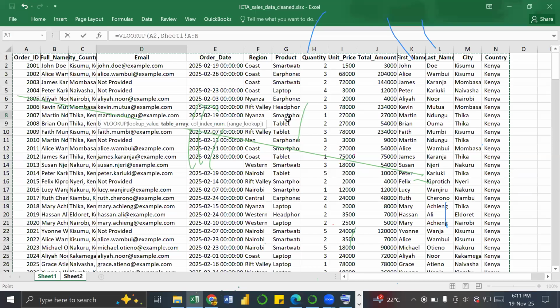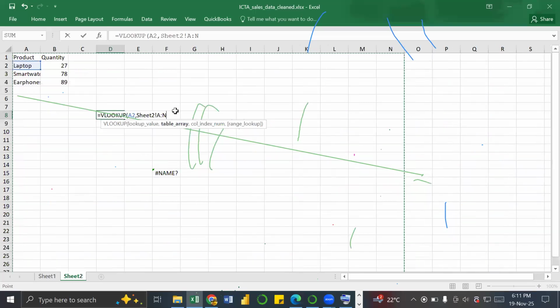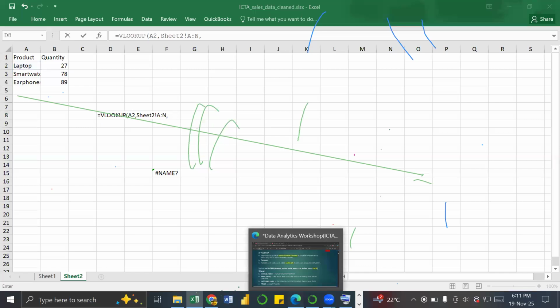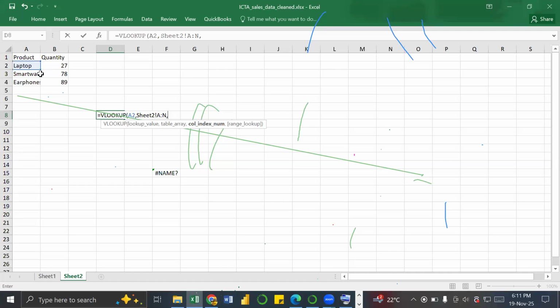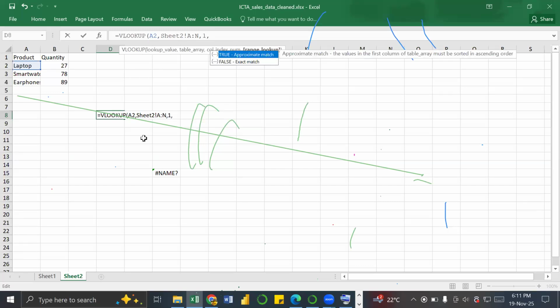Okay, then we come here. So we said the column index is the column number to return the answer from. You have to count from the left. Which column? Is it column number 1? Column number 2? Column number 3? Column number 4? Where are you returning it? So assuming we give it 1, then the remaining bit is